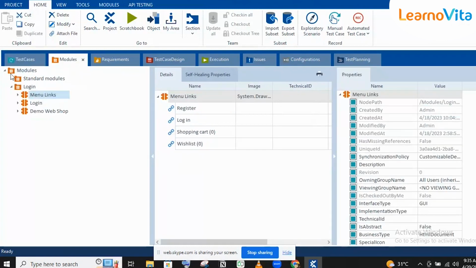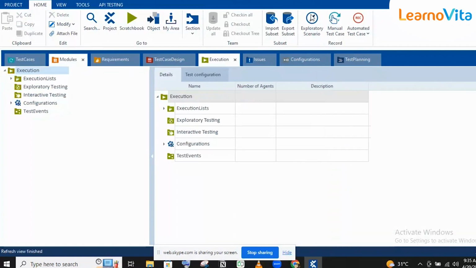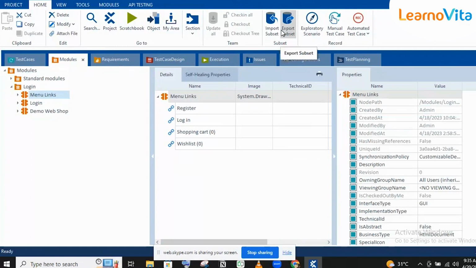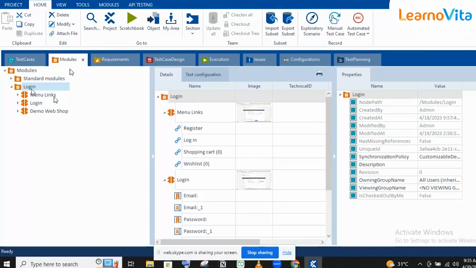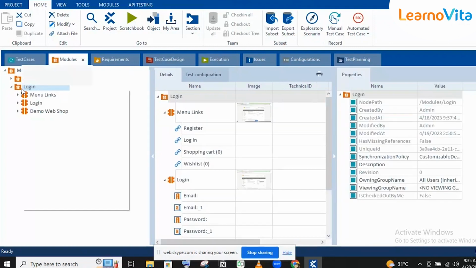We can export the subset from the module section, the test case section, or even the execution section. If you export the subset from the module section, it will just export the module part. It will not export the test cases related to that module. But if you export the subset from the test case section, it will include the related modules and the execution, everything. So for example, if I'm trying to export the subset,